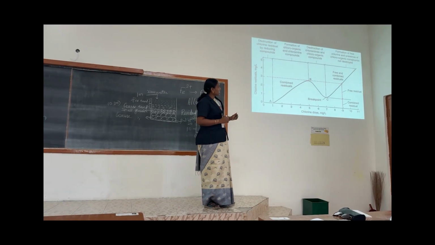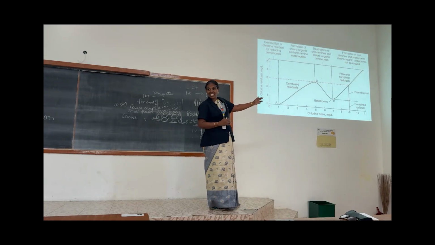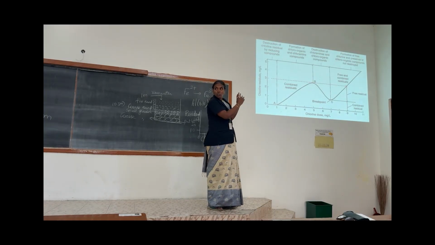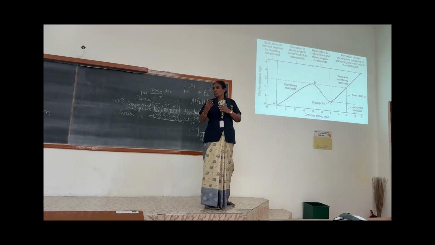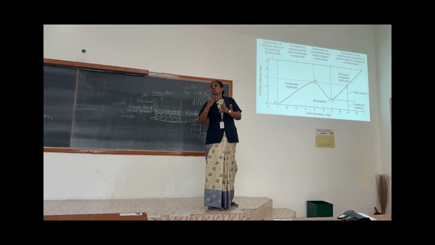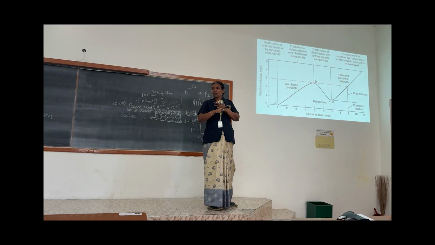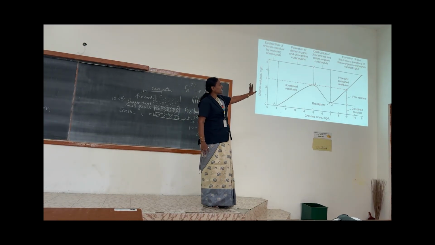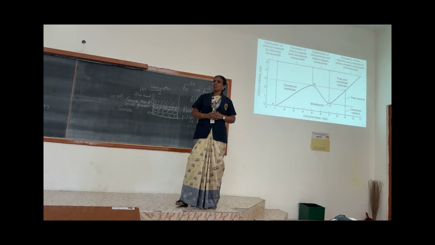Then what will happen? Still we are adding, so see point C. During that time the chlorine is used up. The chloramine formed is destroyed and gives chlorine gas, and that chlorine gas kills the remaining bacteria or organic impurities. It completely removes everything. So that point is called breakpoint chlorination. Afterwards, if you add more, it exists as free chlorine only.